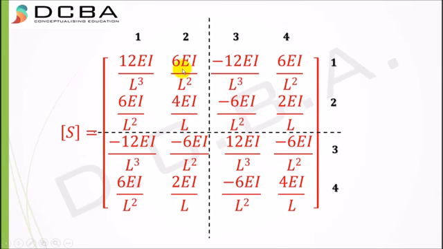Okay, and this last column is basically you have to copy the same column here, only the second and the fourth you have to interchange. So if here it was 4 EI by L and 2 EI by L, here you have to write 2 EI by L and 4 EI by L. The rest, the first and third, is the same. So this is how I memorize it. You might have any other technique as well to memorize it. The final aim is to remember the whole matrix. And now we have developed successfully a stiffness matrix.